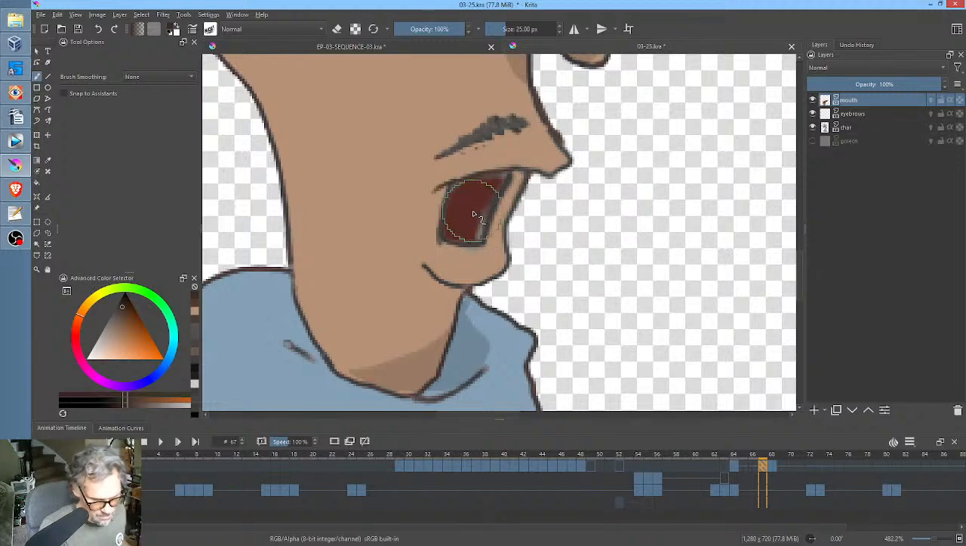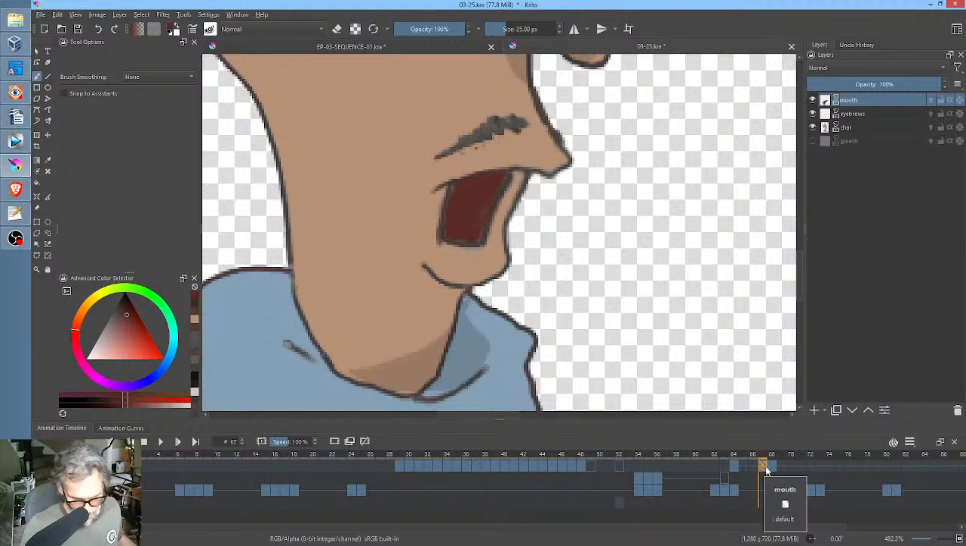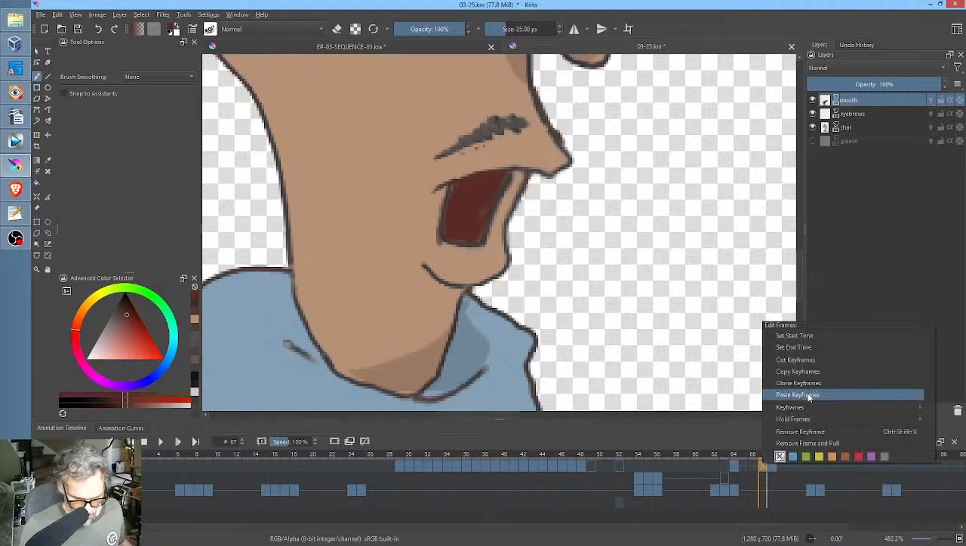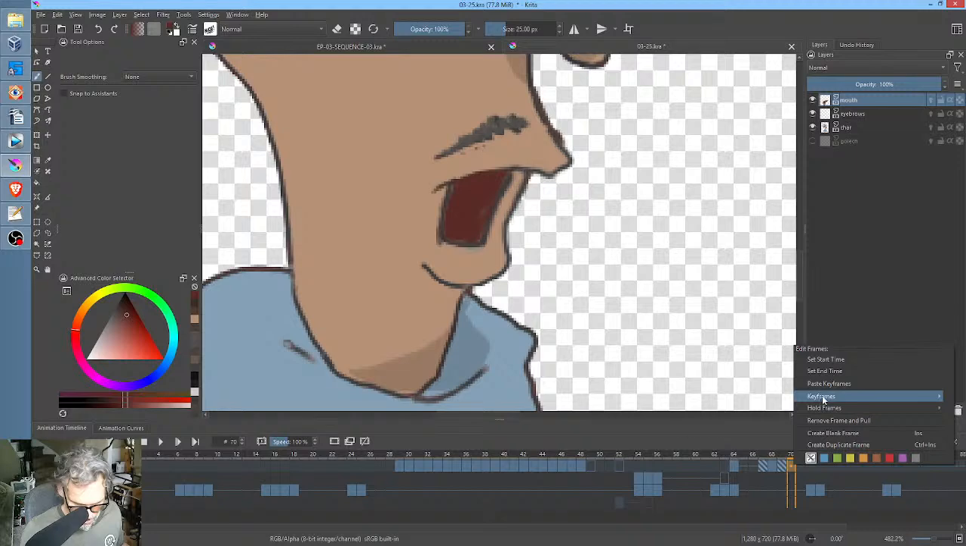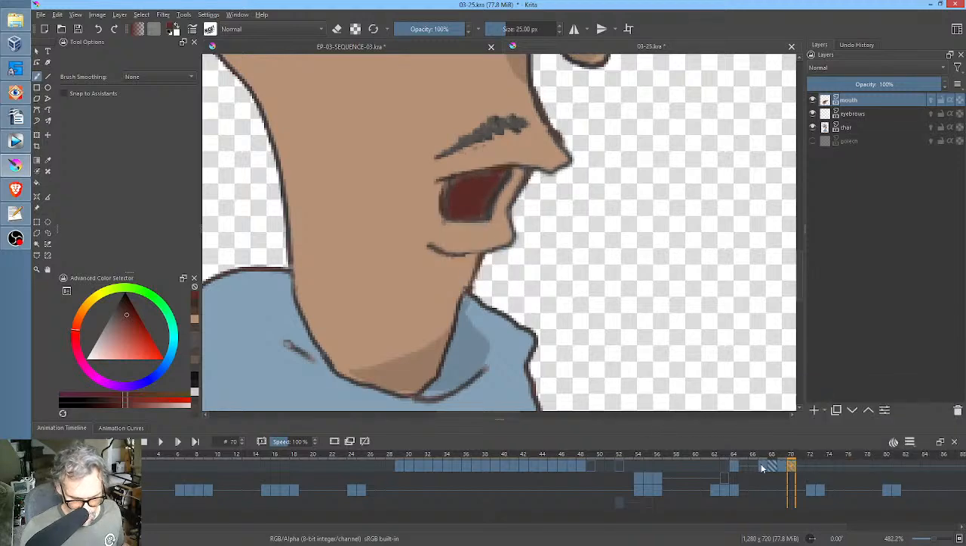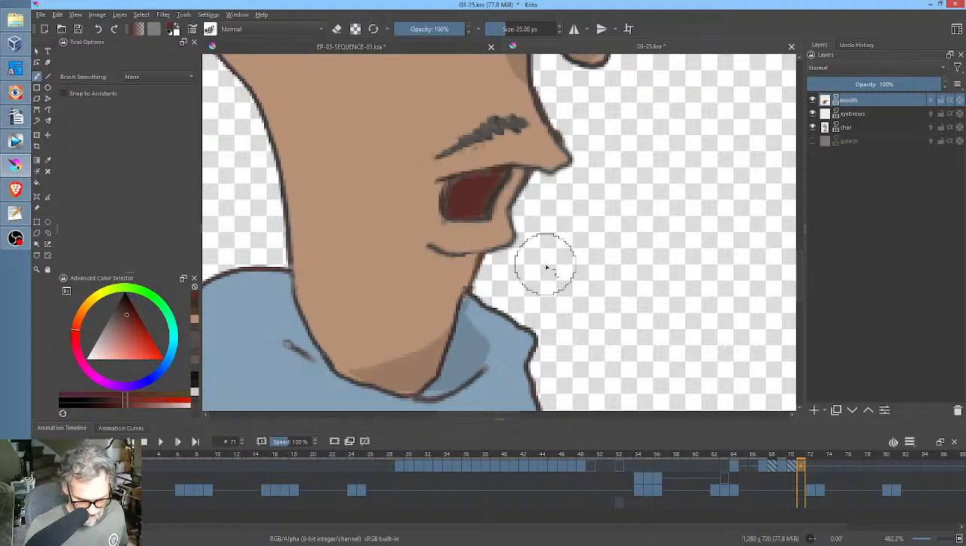Now we could obviously clone these cells, and there is a case to be made for that. So you'd go clone keyframes and paste keyframes, and here you'd go same thing again, clone keyframes, paste keyframes. That way if you change one of them, they all get fixed. Okay, and then here,